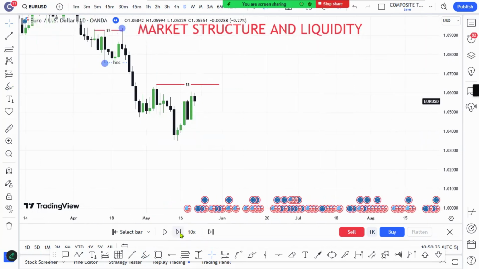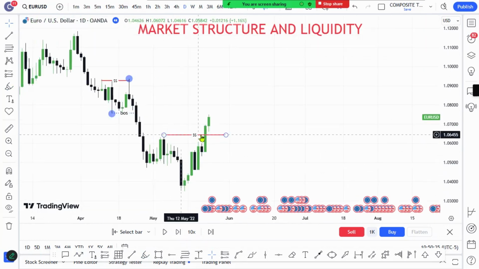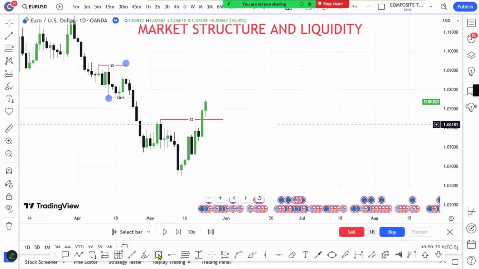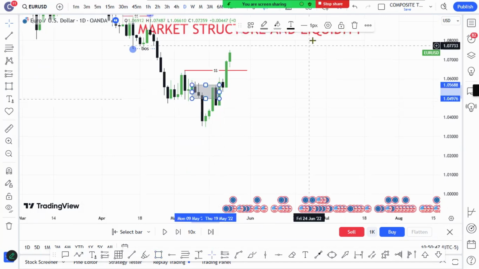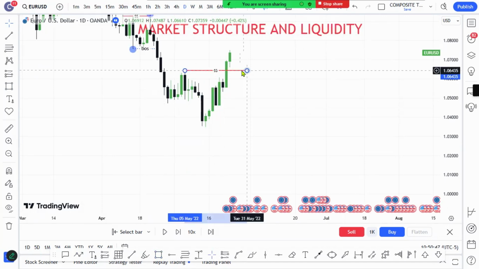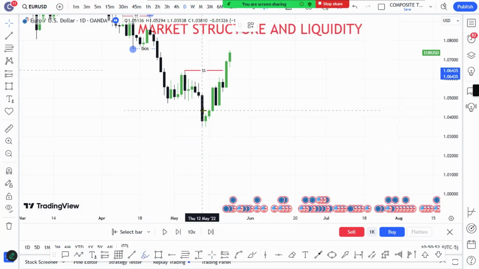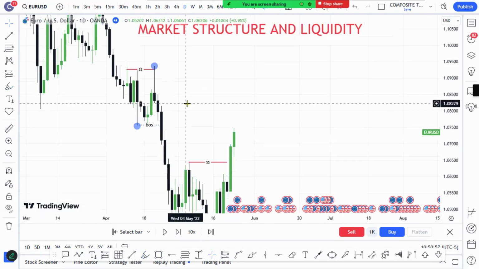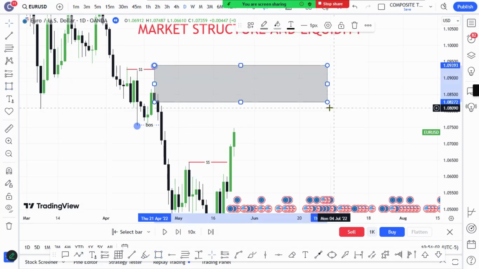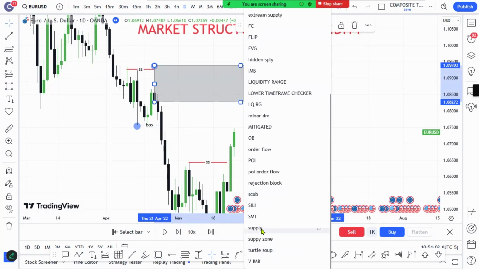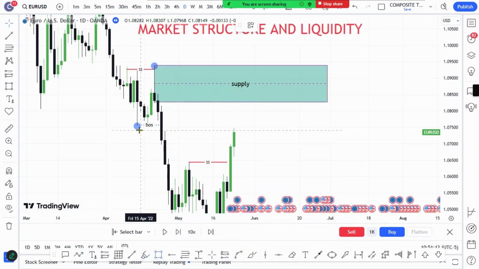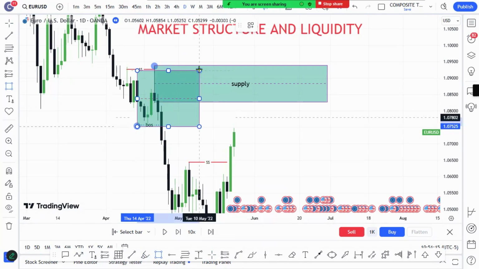See, okay, because most people will be selling from this level. That's why whenever you have a zone like this here, do not hold it. The price will react and still push higher. So once that level is taken out as a form of liquidity, then we have our lower low here. And this means that if you want to sell, look at this, this will be the best supply zone to sell from. If you want to sell, but what do we have here? Apart from the supply zone, we have what we call the order flow.